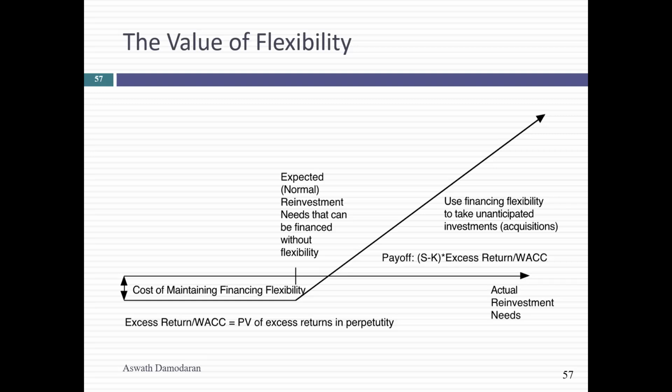And here's how the options argument goes. We know we're underlevered by 30%. We know we have a higher cost of capital than we should, but that's okay. Because that excess debt capacity is going to come into play in case we get a once in a lifetime project coming at us. 2 years from now, 4 years. We don't see it yet, but it could come at any time. That's the key here, is something unexpected shows up.